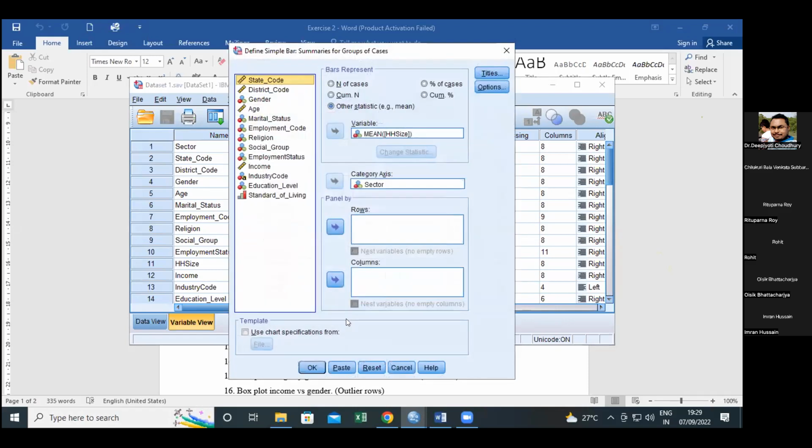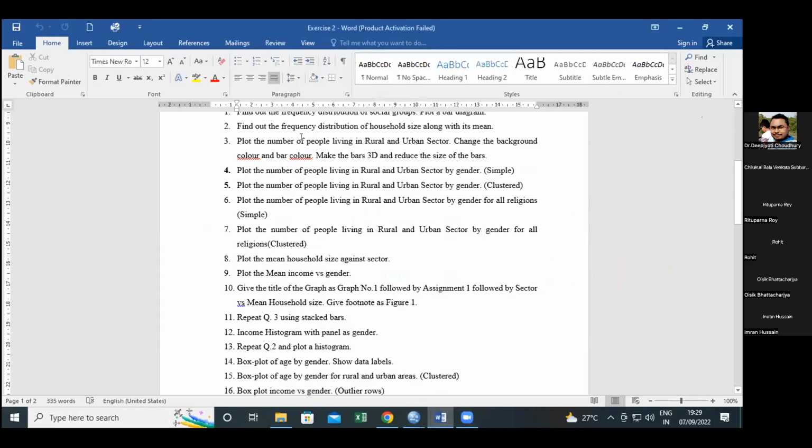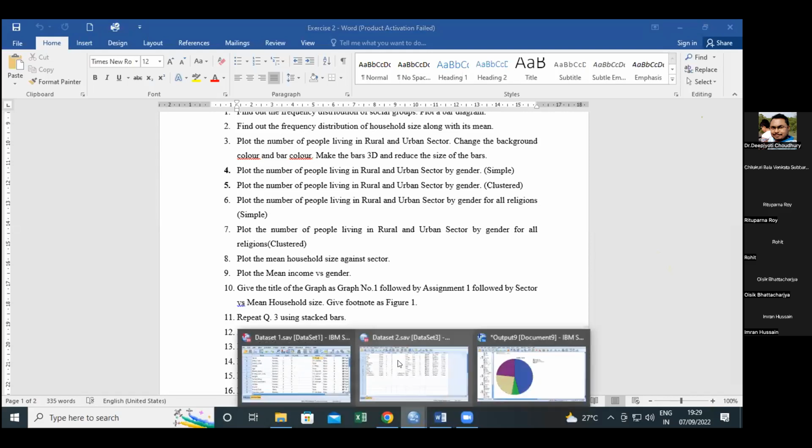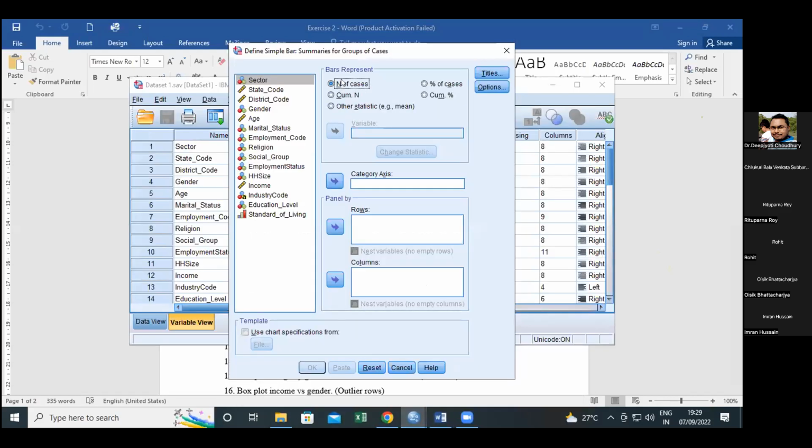So let us define. What will the bars represent? The bars will represent the total number of cases. Remember my question: number of people living in rural and urban areas. So I want the number, so the number of cases. I've clicked on this number of cases option, where my sectors, rural and urban areas,